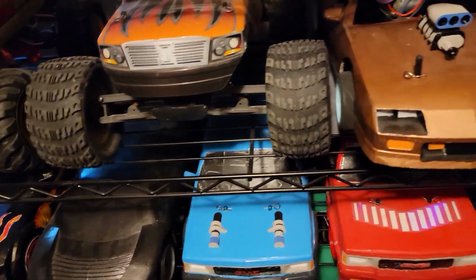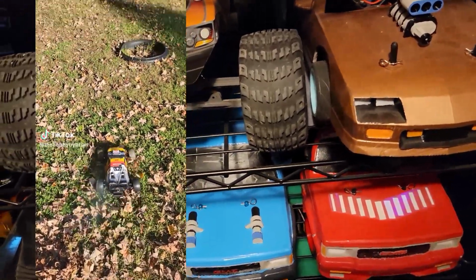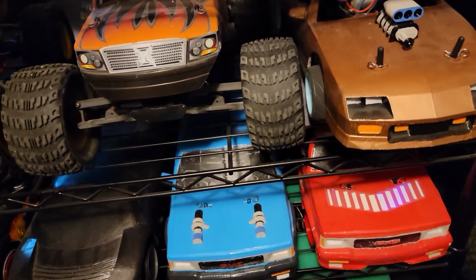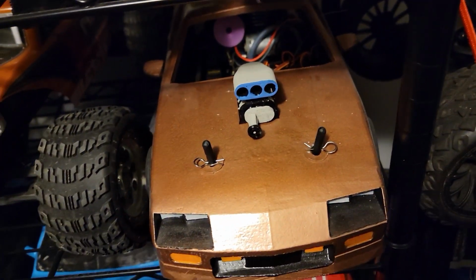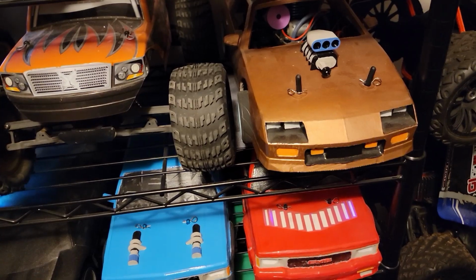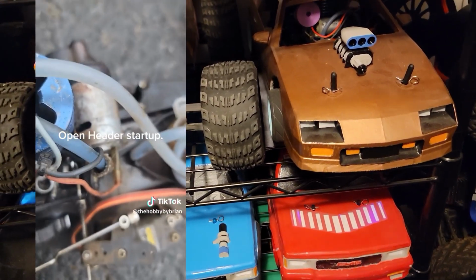For me, I used to hate nitro because I had one and I could never get it to run. Since then, I've got 5 nitro trucks now, 4 of them are running. I've really enjoyed when I take them out to play on a nice day because of that sound, the smell of burning nitro fuel, and the feeling you get when you push the start button and the motor kicks to life,